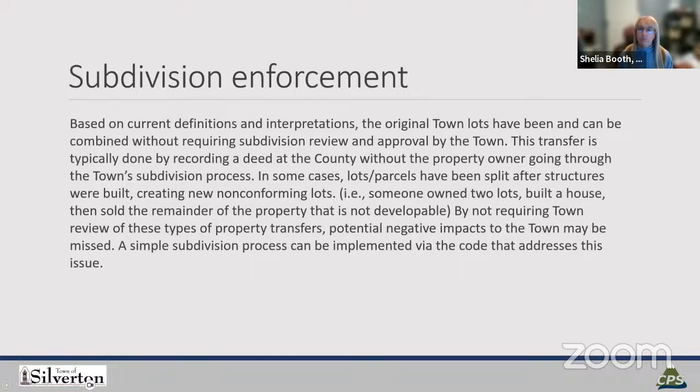You can do administrative reviews where we're simply looking at the lot to make sure how you combine it still conforms, that you're not creating anything that's non-conforming that's going to hurt you later on down the road. And then the town can also look at infrastructure impacts as far as it relates to roads, to water. So you get that bigger picture, and the town gets the bigger picture of what's happening and how it's impacting not just that resident, but all the residents in the town.